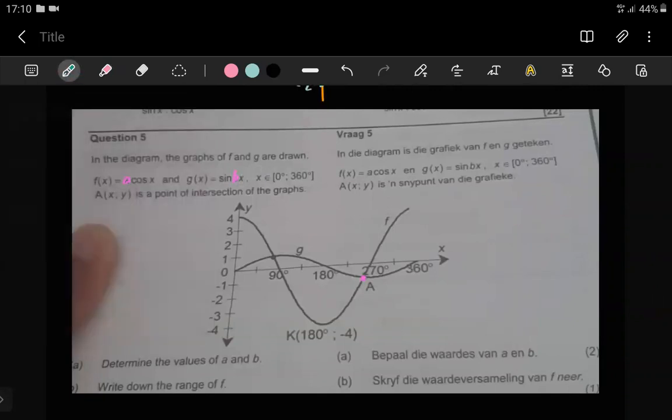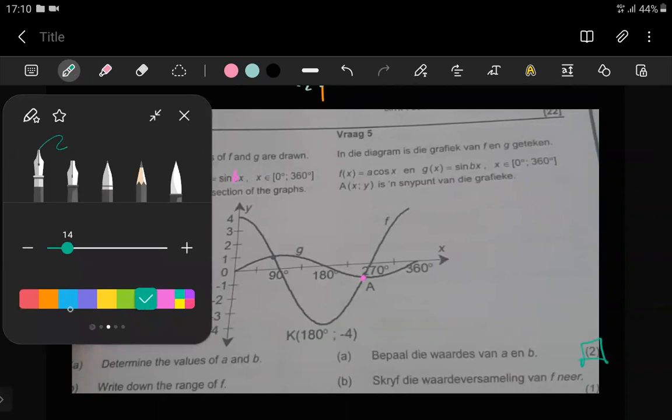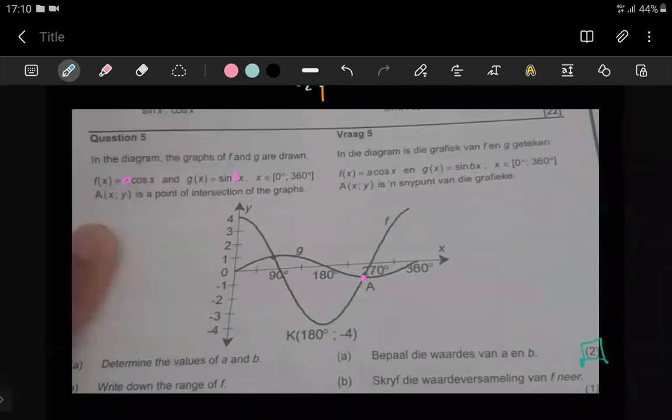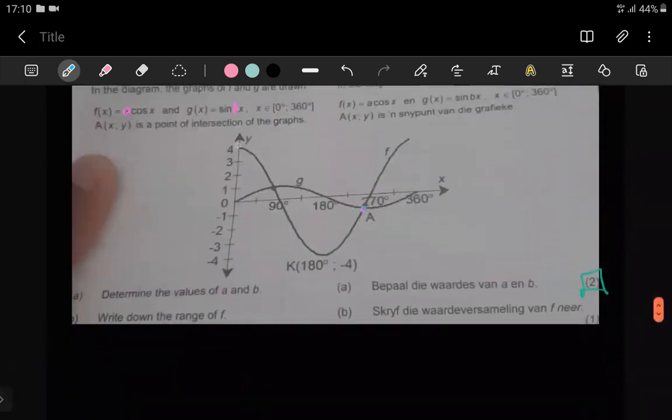Fine. So for the cos graph, that's the graph of f, it says we need to get the values of A and B, and you can see why they're offering us only 2 marks. It's because they know we really don't have to do a lot of thinking. So A is a point of intersection of the graphs over there. Getting A, we just need the amplitude of the cos graph, and we said amplitude always has a formula, which is the maximum